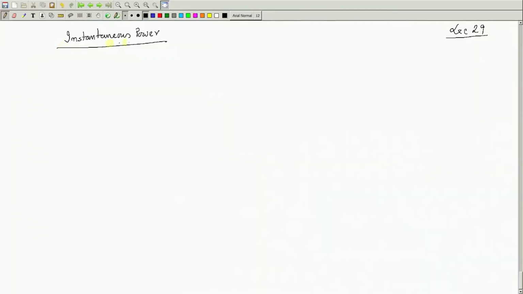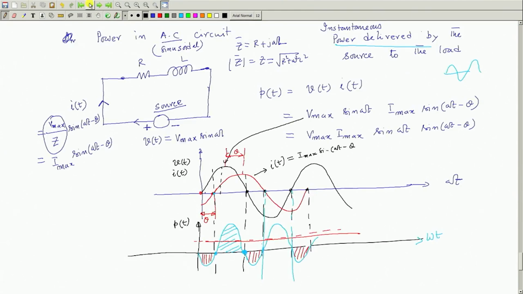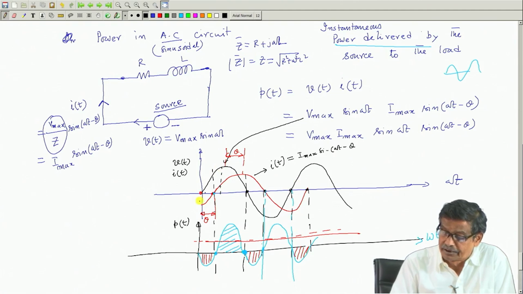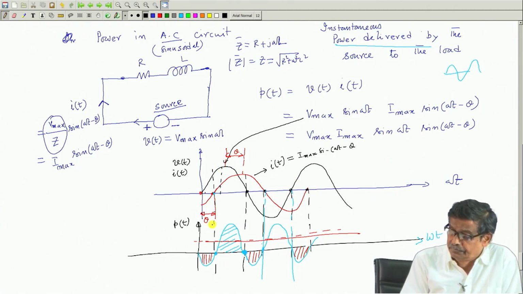So, welcome to lecture number 29, and we have been discussing instantaneous power in AC circuits. Mind you, AC means sinusoidally excited circuit. And we have seen that if it is an RL circuit, there is the voltage waveform, the black one, and the current will be lagging this. Then you divide it into several intervals